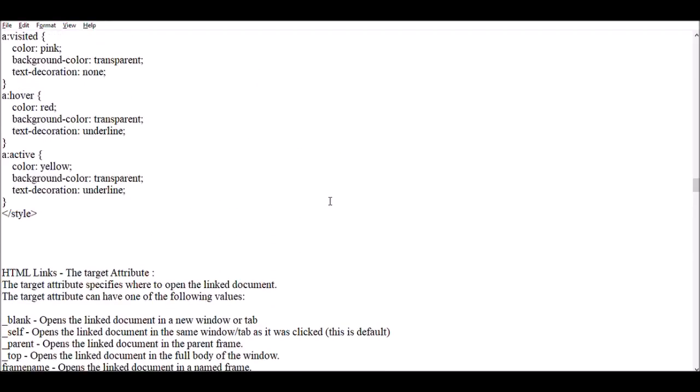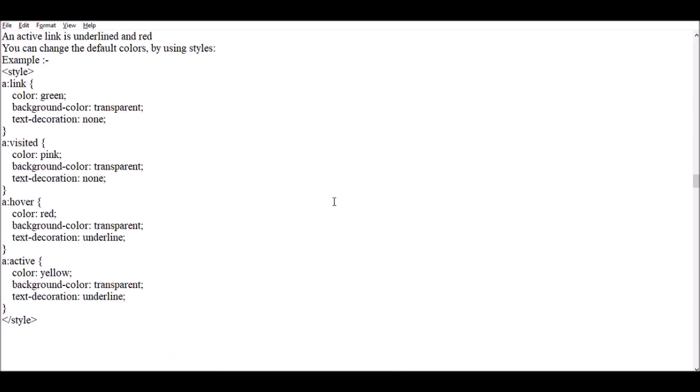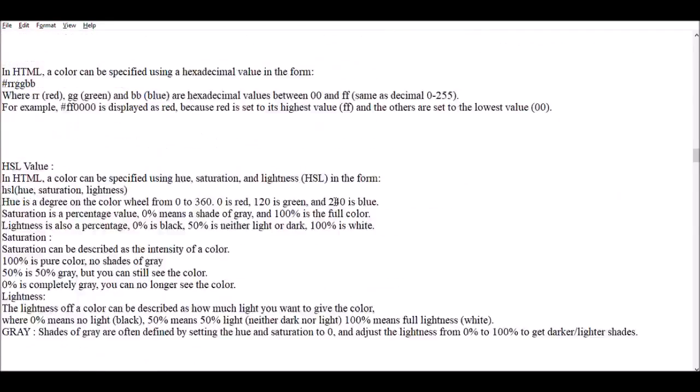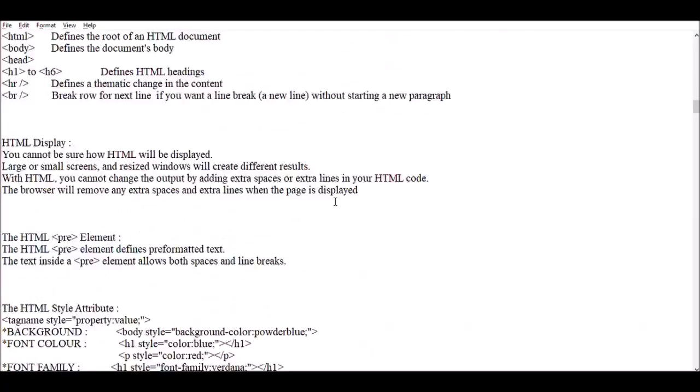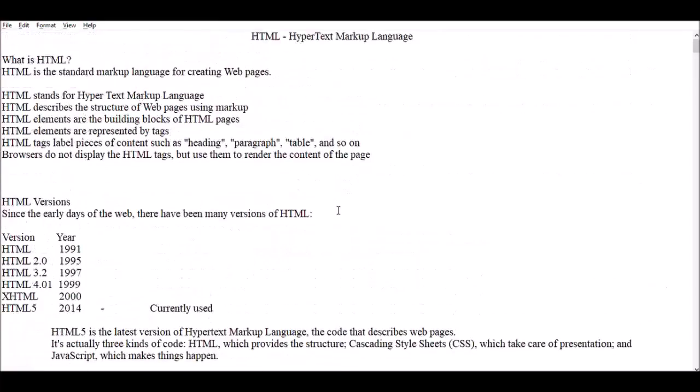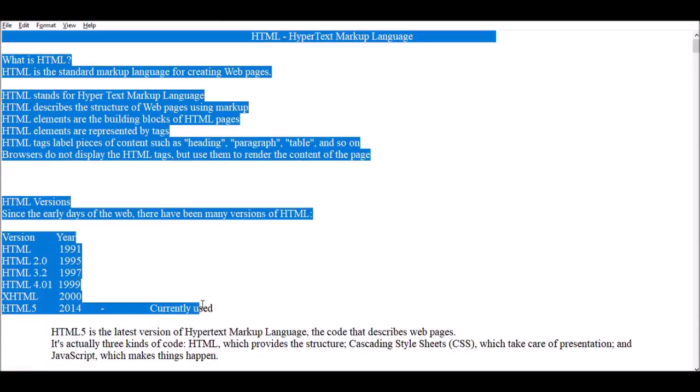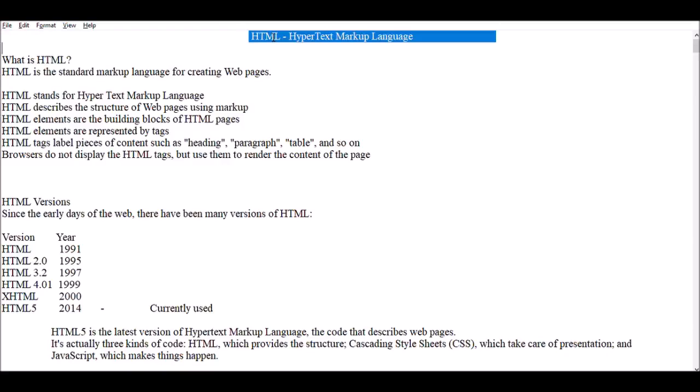So that's all about HTML5 for this video. I hope you all enjoy this course and you learn a lot. This video will help you to create your own static website using HTML. So this is all about the HTML.